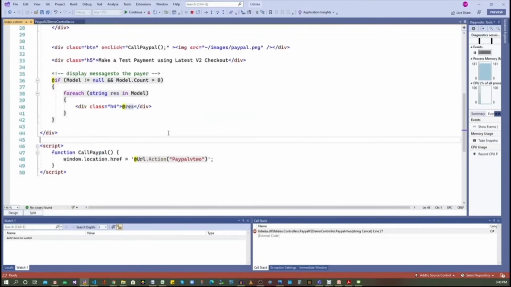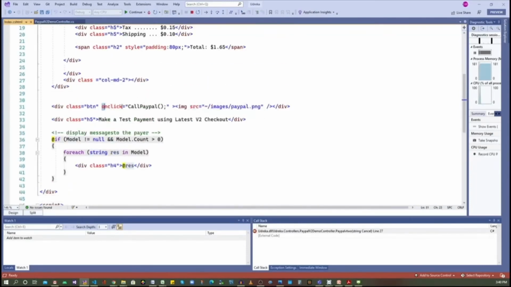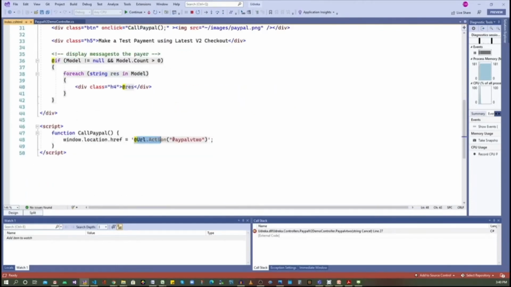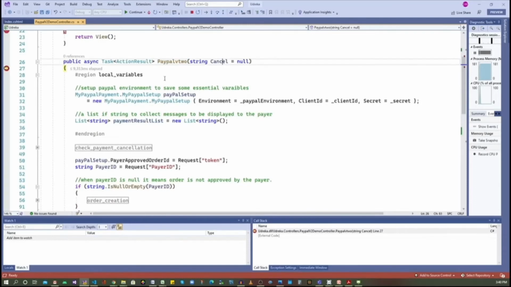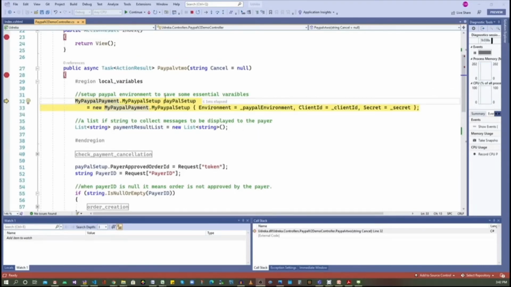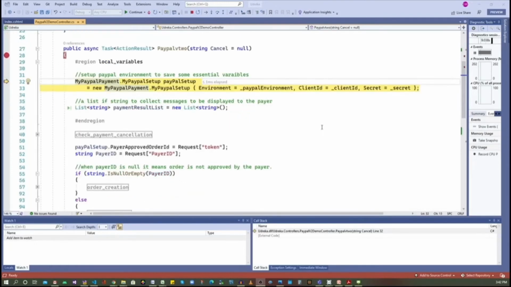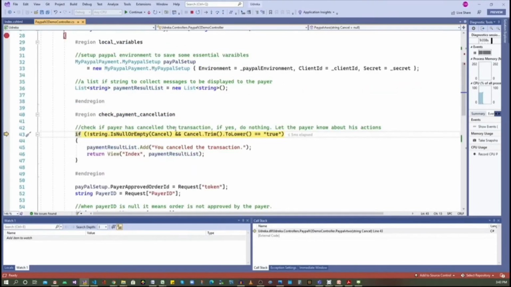This controller is called, as you can see here, on the click of the button. Obviously, cancel is null here because this is the first time the payer has clicked the button. Let's go ahead. Over here, we instantiate the PayPal setup with environment sandbox, client ID, and secret. Then the list of strings to hold the transaction messages.